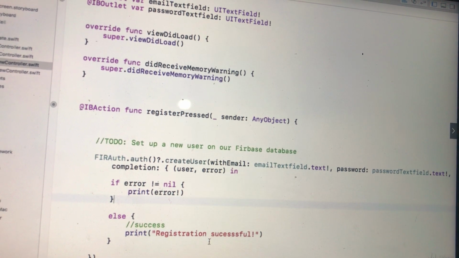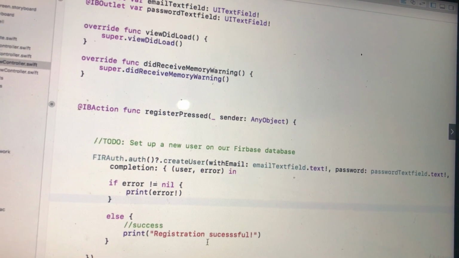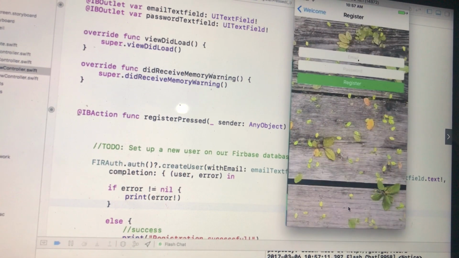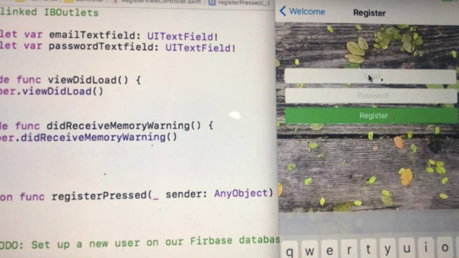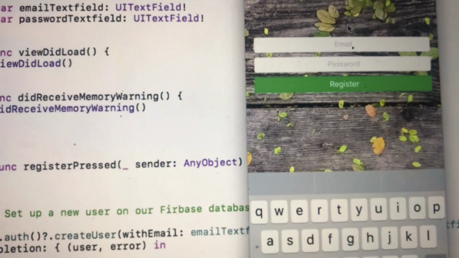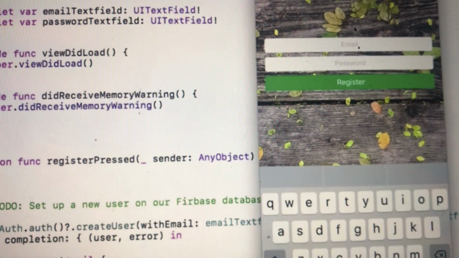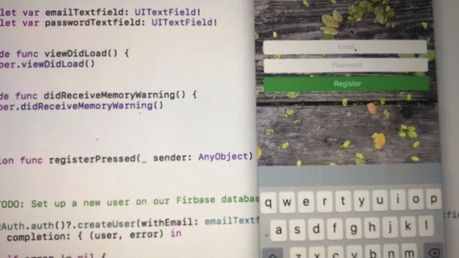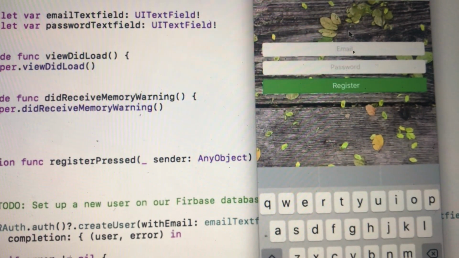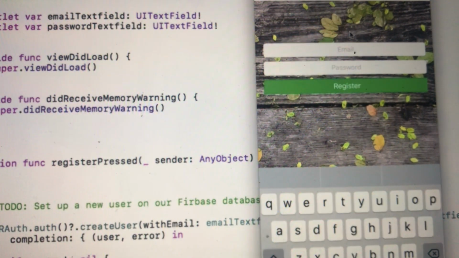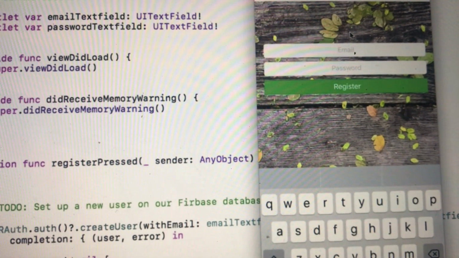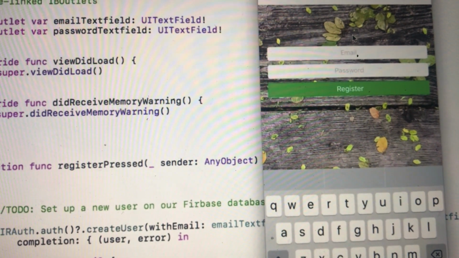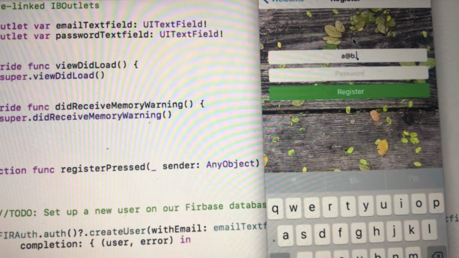So let's go ahead and run our app and try and set up a new user. Okay, so we're going to hit the register button, and that takes us to the register screen, and then we're going to enter an email. And remember, because we're the first users on our service, you can pretty much put in anything in here and it won't clash with another user. So for testing purposes, we tend to try and keep this as simple and as short as possible. So I usually write something like a@b.com